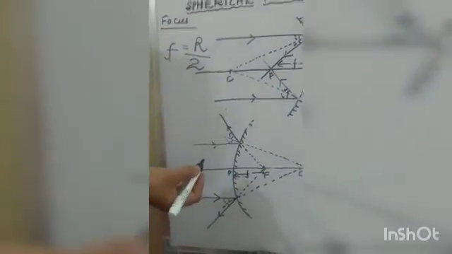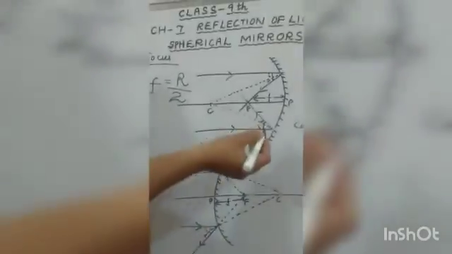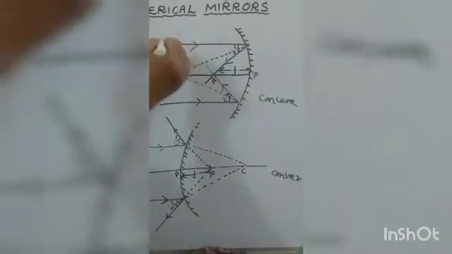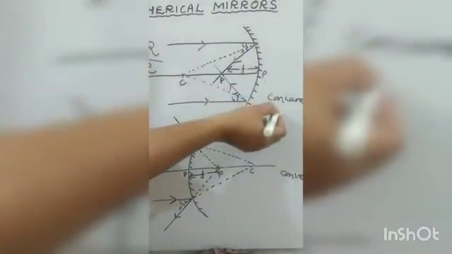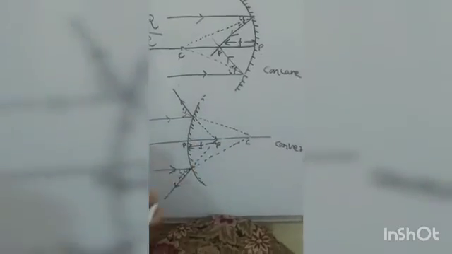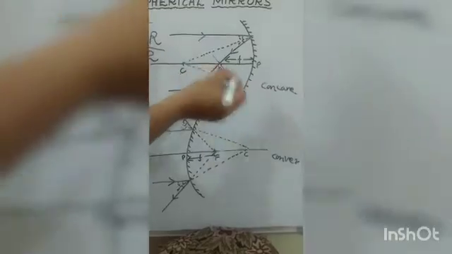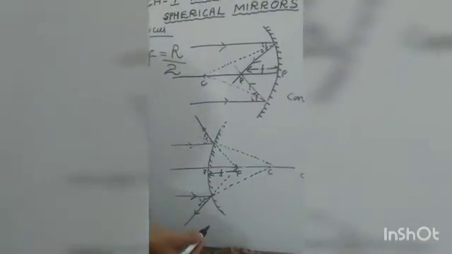So how will you differentiate between a convex and a concave mirror, children? In a convex mirror, the reflection takes place from the outer surface, but in a concave mirror the reflection takes place from the inner surface. Concave is converging. See, the light rays are converged, collected at one point. So it is called a converging mirror. And here the light rays are scattered, so this is called a diverging mirror. And the concave has a real focus, but the convex has a virtual focus. And the plane passing through the focus is called the focal plane.